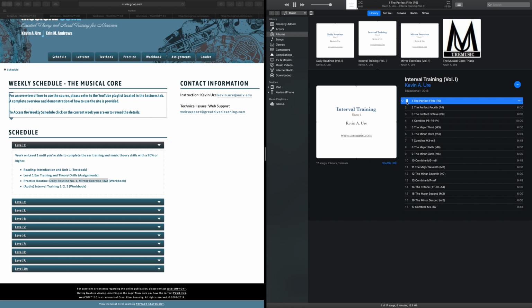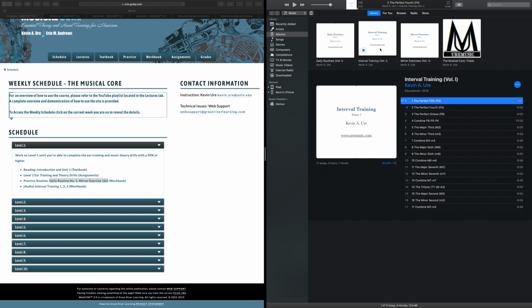So each one of these intervals has its own characteristic sound, and that's what you're listening for. And by listening to these audio files daily, you will improve your ability to hear these. Part of the issue with ear training is that you just need to become familiar with the way these intervals sound. Once you develop familiarity, then you can start to identify them more easily. So that's the goal of this course, is to help you develop a very basic understanding of the basic intervals,